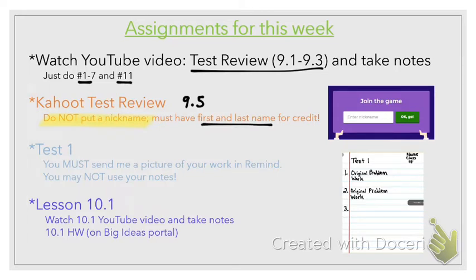Next up, you do have your test. This test is going to be over the same exact material that you had your quiz on this past week. Now, we did have some slight problems with a few people not really listening to all of the instructions that were told to you. So I'm going to make it very clear. You must submit work to me just like this. This is how we've done our work all year long.